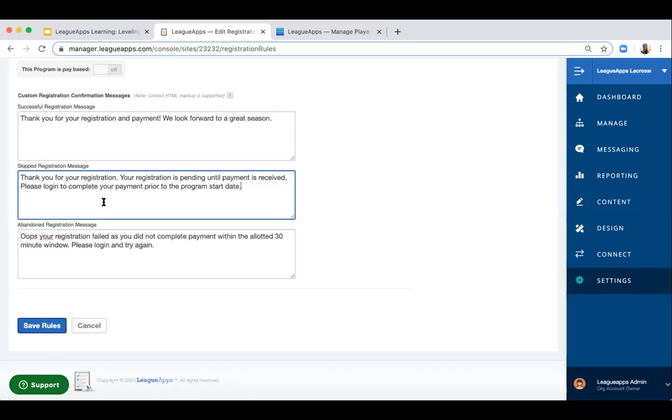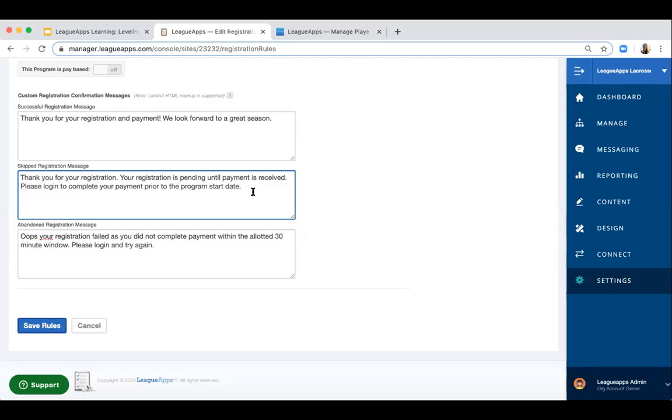Skipped registration message, this means that they started to register and they got to the end of the registration and did not complete it. So it kind of went through, but they did not get to the end. So this means that their payment is unresolved and they need to complete that in order for it to become a successful registration.